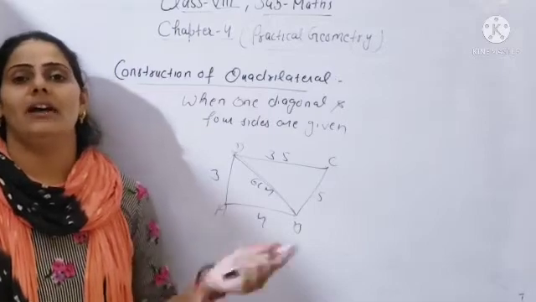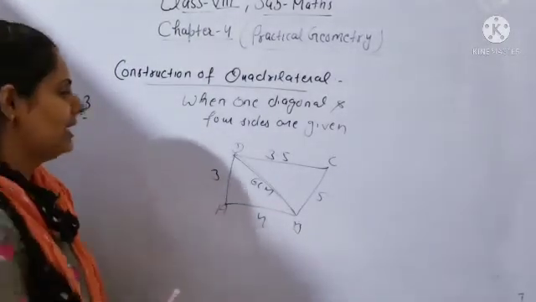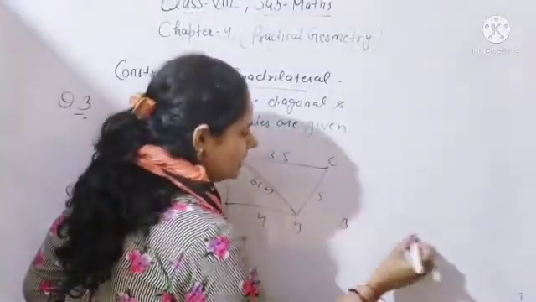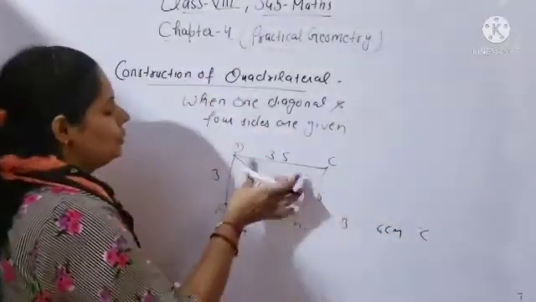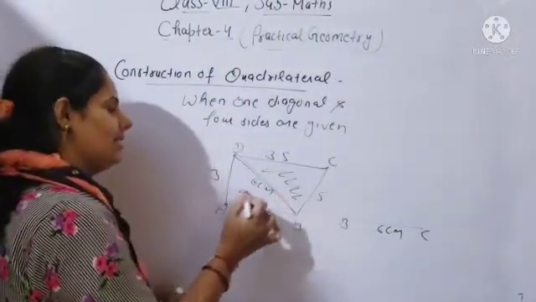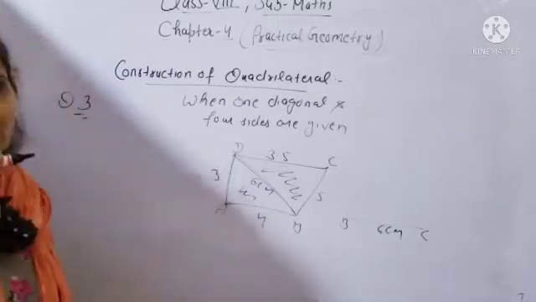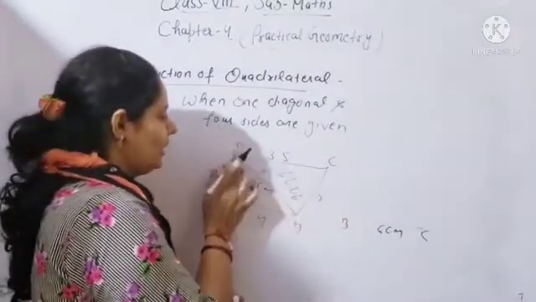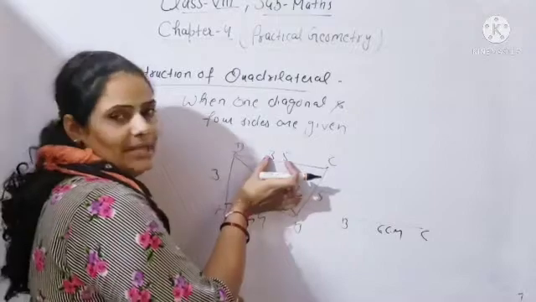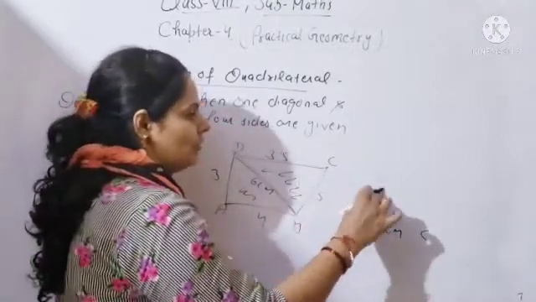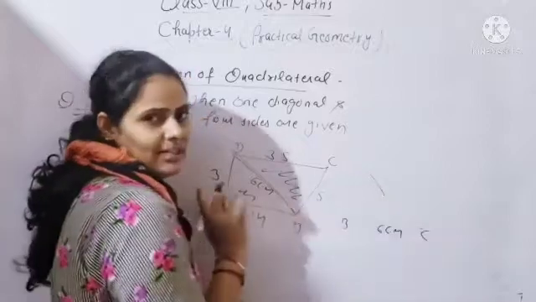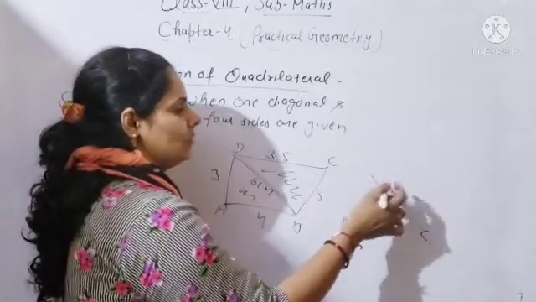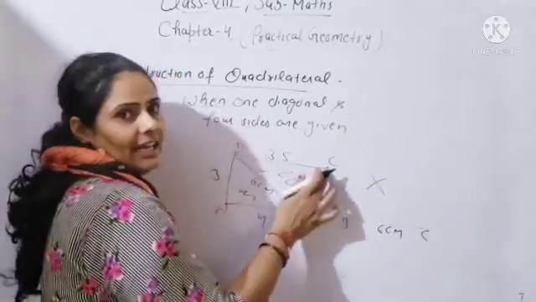After that you have to construct the quadrilateral. So how will you construct, beta? How will you draw? First step I have told you, first you will draw the diagonal BD. So this is BD 6 cm. After that you can see, beta, this one is one triangle and this one is second triangle. So step by step you have to draw both the triangles. So first you will draw this triangle. From point D you will open your compass at 3.5 cm with the help of ruler and you will draw the arc. From point B also you will open your compass 5 cm and draw the arc, like that. And the intersecting point of both the arcs is point C.